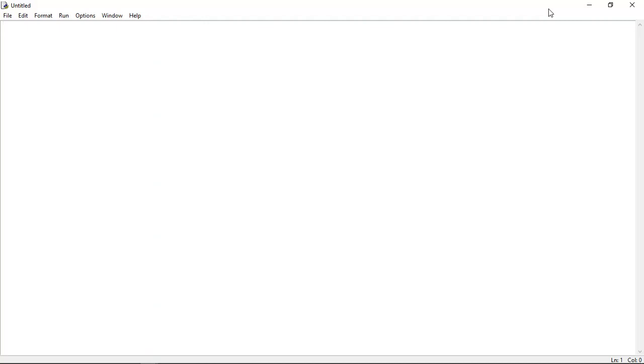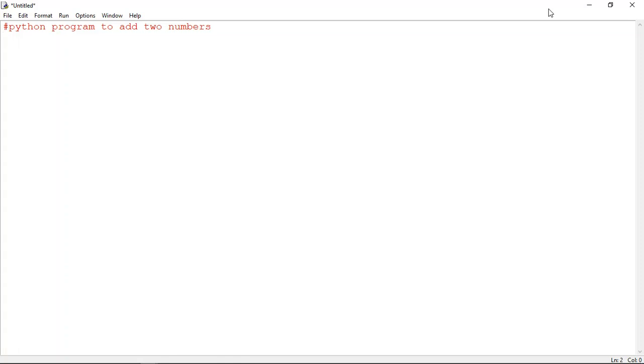Okay, let's begin. As you know, in Python the comment line is symbolized with the help of a hash. So let's use the hash symbol to add a comment that this program is going to be for the basic addition of two numbers. So we are writing: Python program to add two numbers. After writing this we can start our code.